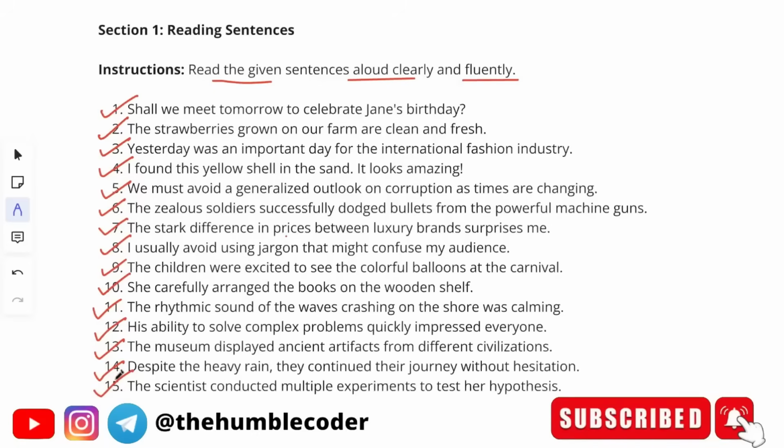So guys, we have read all the 15 sentences. Now I want to give you a few tips. I have taken all the 15 sentences on one screen and I was reading them aloud, but in your assessment you won't get all the 15 sentences in one go. You will get one sentence on your screen and you need to read it out. Now a few of you might have this doubt: I was saying sentence 1, sentence 2, reading out the numbers of the sentences, so do you also have to speak in the same way? No, you don't have to say that. You just have to read your sentence aloud. So I hope this section is now clear.